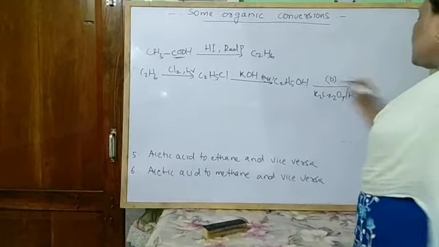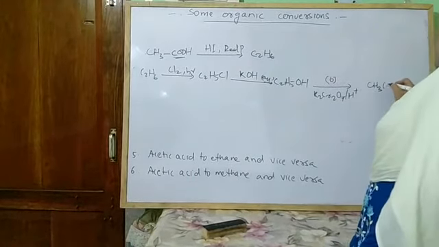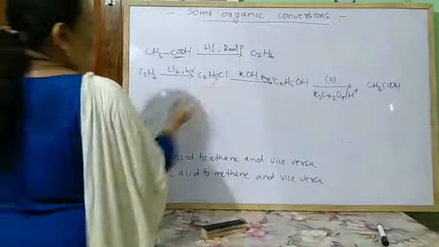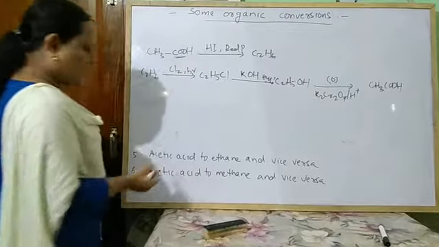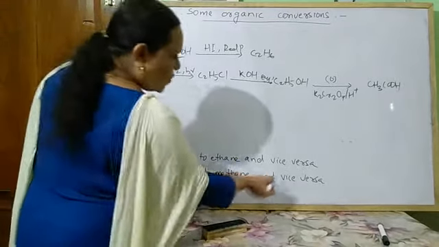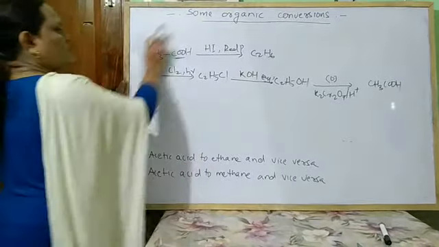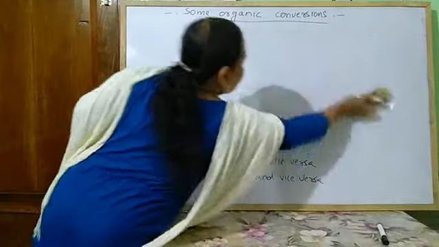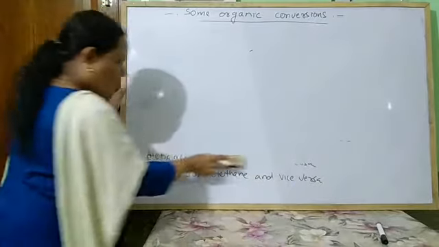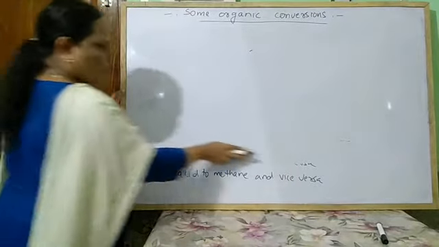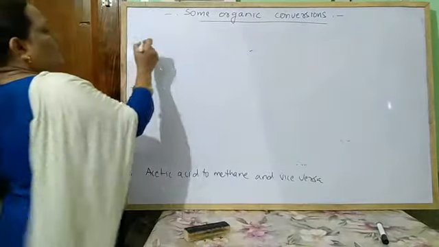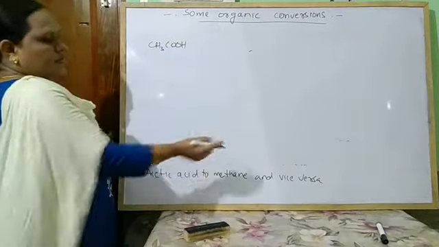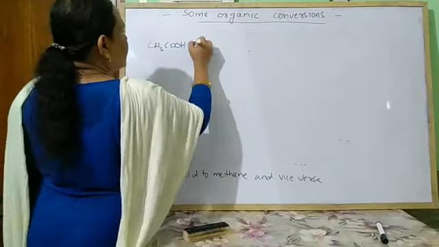to acid, containing the same number of carbon atoms. So this is ethane to acetic acid. Next, acetic acid to methane. So acetic acid, the carbon atom decreased here. So first suppose I treat it here with